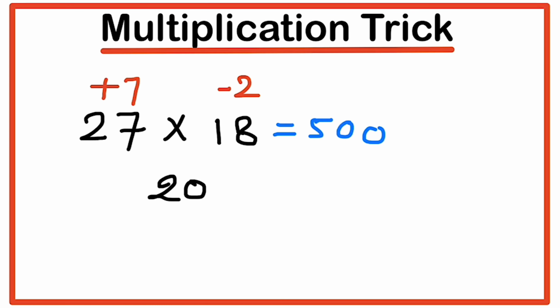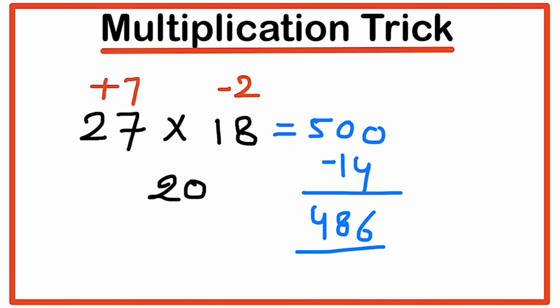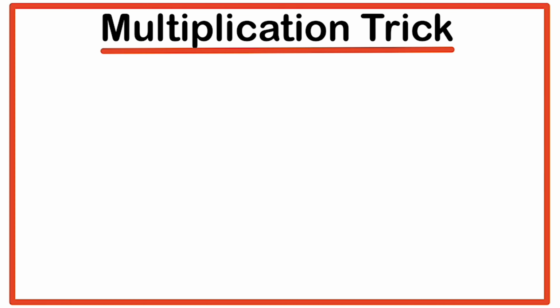I am explaining you once again. We just added these two numbers that became 25, and then we multiplied that 25 with this 20, because this is the base, so that became 500, right? And now we will add something to this one, and what will we add? We will add the multiplication of these two numbers. So the multiplication is minus 14, so we will just add minus 14 or subtract 14. So let's subtract 14 from this one, so it will become 486, right? So let's see some more examples where the base is different.